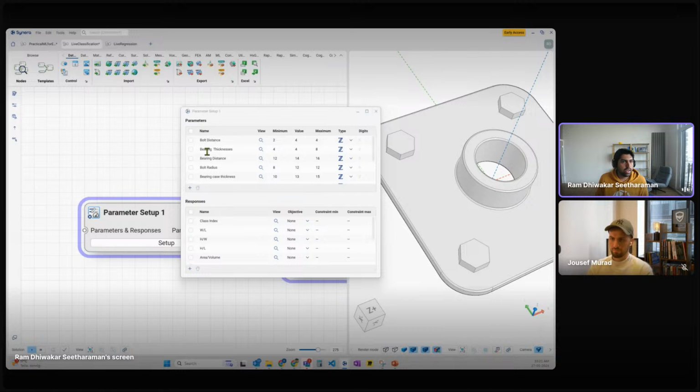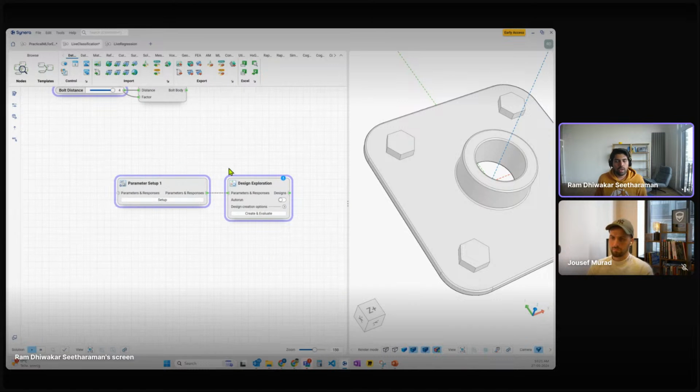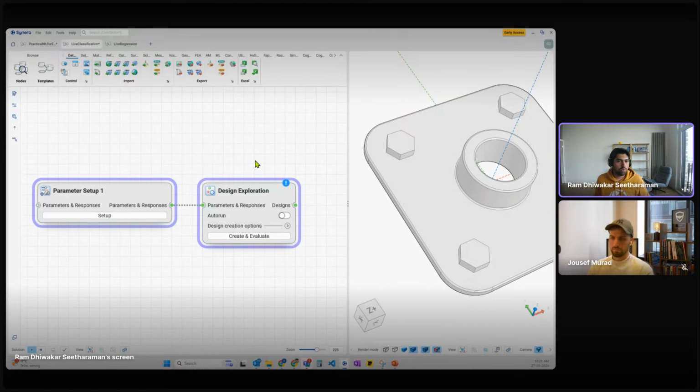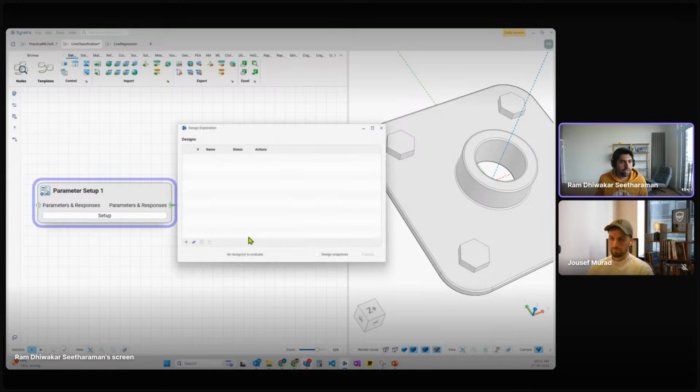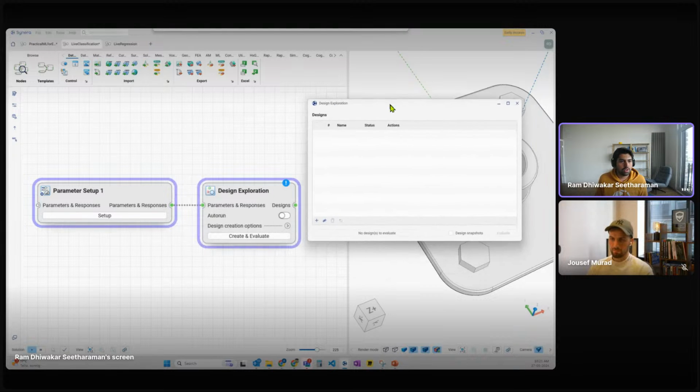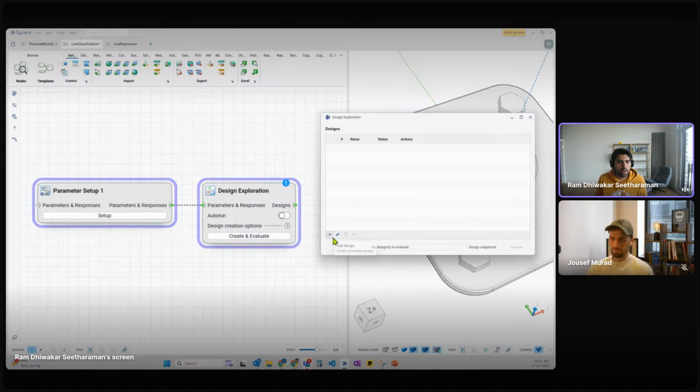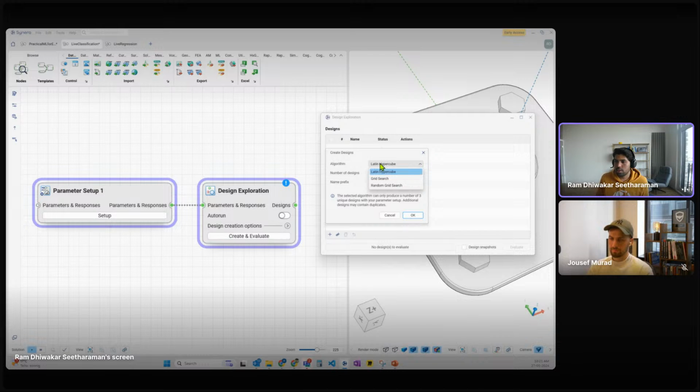So now I have my parameters that will change, and I have my responses. And to quickly show you, I already prepared a data set of 1,000. It will take close to 20 minutes, and I don't want to do that now. But just to show you how this works, I would say create and evaluate, and I would click multiple designs. And there are different algorithms to sample this data. So there's the Latin hypercube, the grid search, the random grid search, and things like that. And now what I would like to do is go for grid design, maybe, yeah, just say,